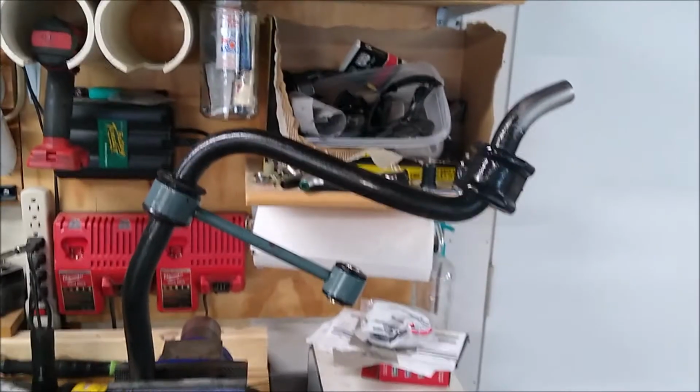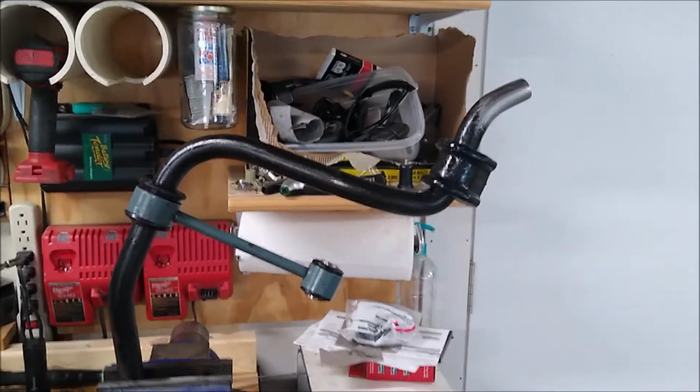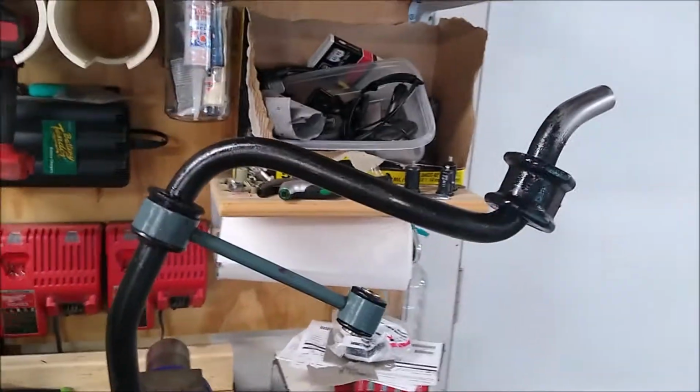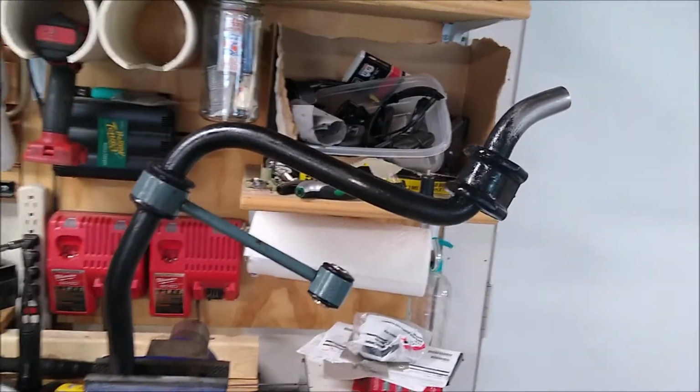But anyway, this has been a hell of a project. If you can afford the complete bar with the links pre-attached, do it. Otherwise, this is a pain in the butt. It's a GT500, even a regular GT, they deserve the complete bar. Just do the whole thing. It's like $200 for a Boss 302 rear bar, 25 millimeter. But anyway,